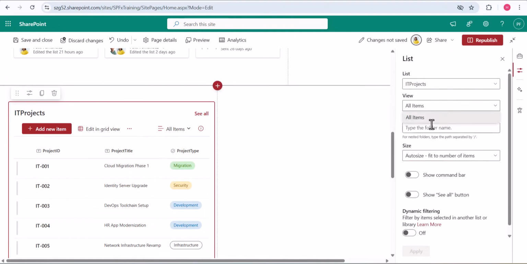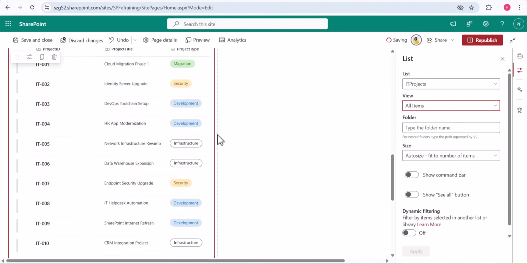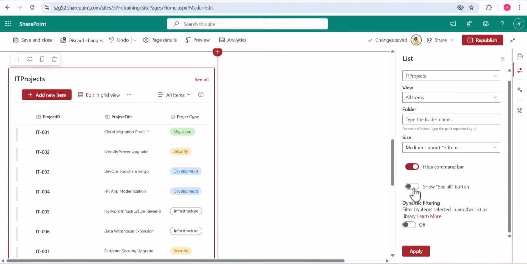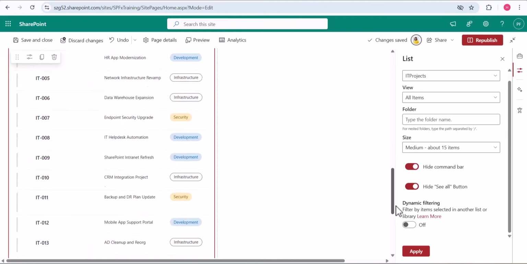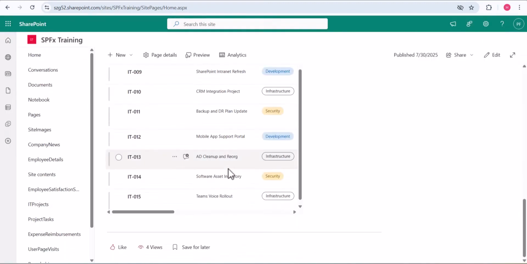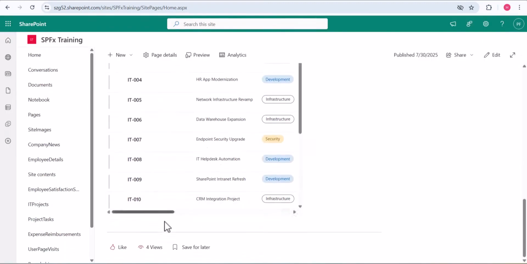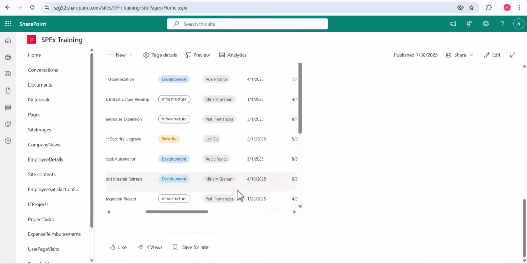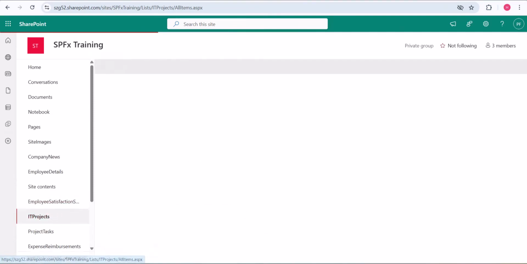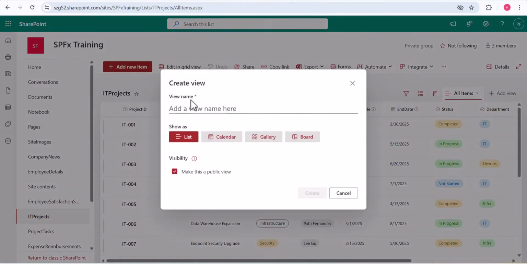Here we have only one view, so it will display all the column details. Auto size we will show medium of 15 items, and I will hide this command bar and all this, and let me apply. Now republish it. Here you can see the IT projects in this page, but it is not looking good, right? So we will create one view for this, which will only take the project title and project ID. For that, click on add new view, click on the list,